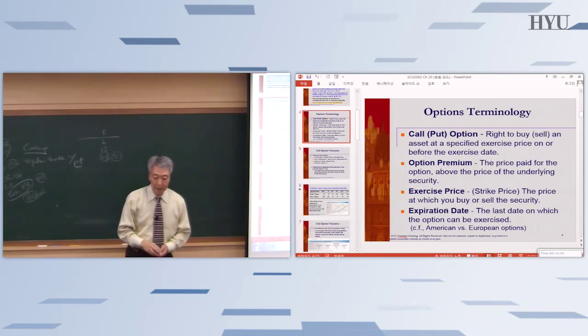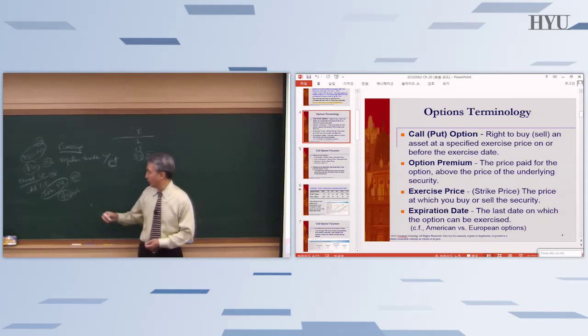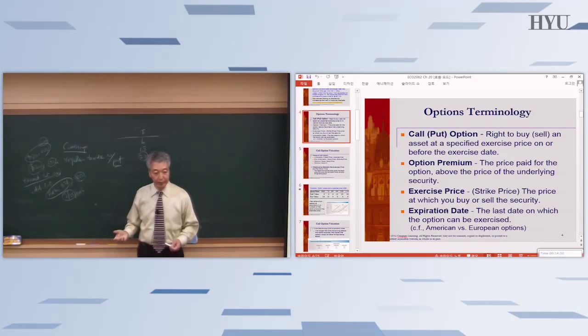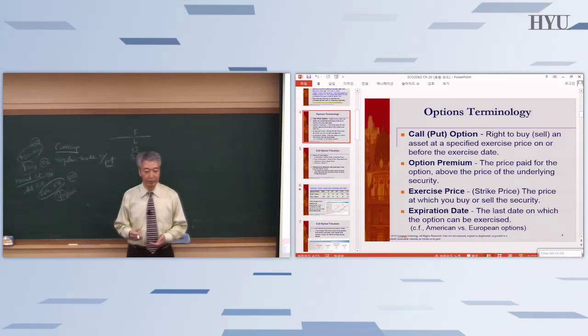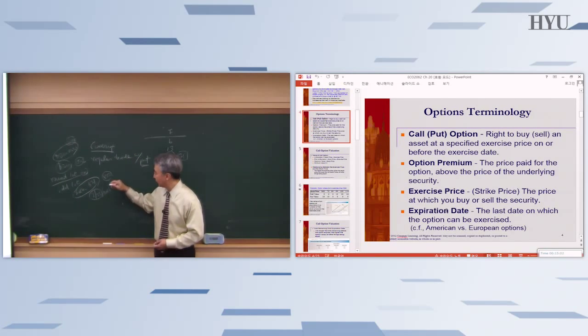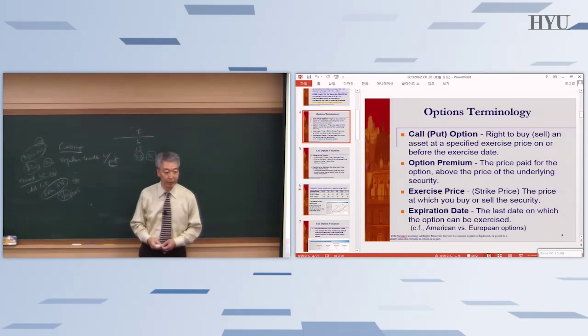And if you let it expire, then that's the end of the trade. I keep the $600. I already received it 3 months ago. And nothing happens. If the GE price goes down to, say, $20 or $19, whatever,